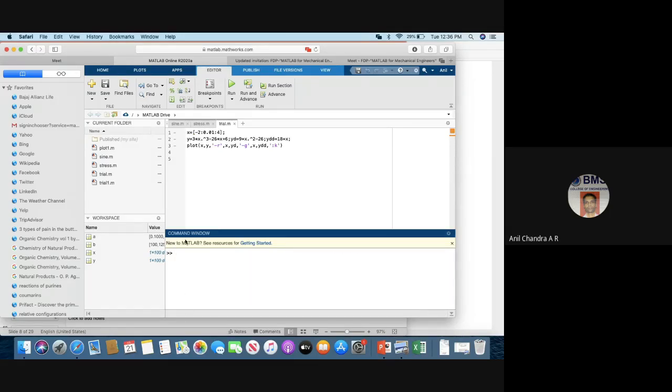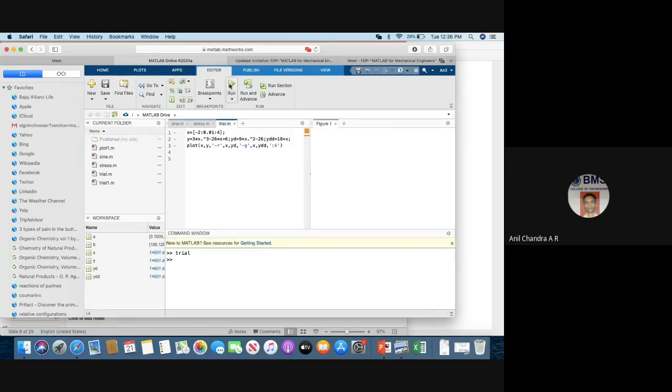It clears, and then I will save it and run it. So what has it done? It is now plotting all the three in a single plot. This is what we saw. The governing expression for that is this here. That is the expression, first derivative, second derivative. And you are plotting it in red color, green color, and black color.